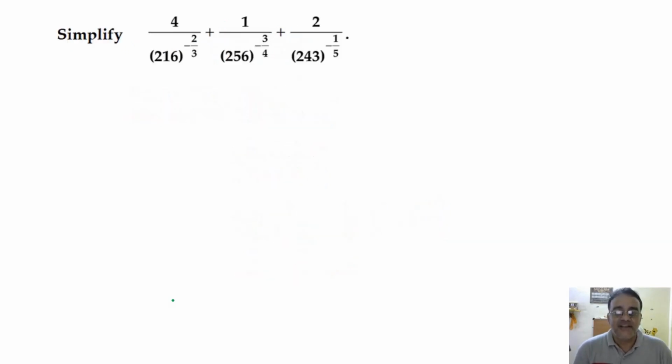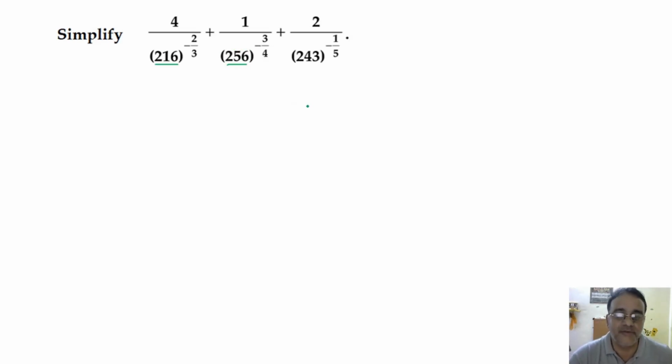So this is also very good question. This is a question given in NCERT exemplar. Now see, I want to write in terms of power 3. How will you write? 8 to the power 3. 6 to the power 3, right? And 256 I want to write in power 4. यहाँ डिनोमिनेटर में जो भी रहेगा वही पावर पे लिखना है. So how will you write? 6 to the power 4.